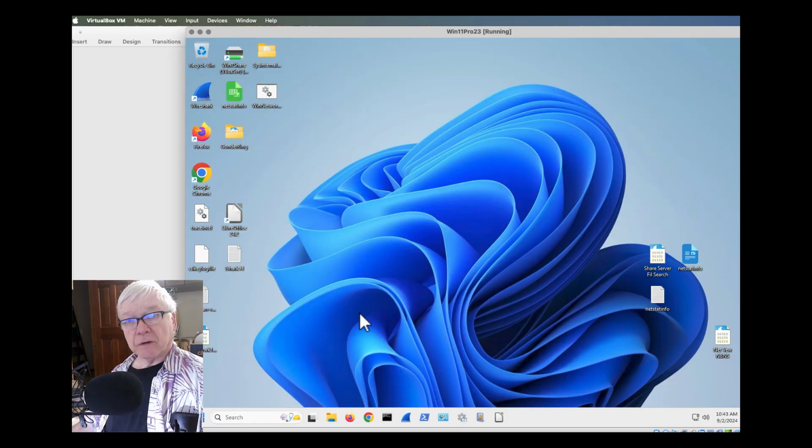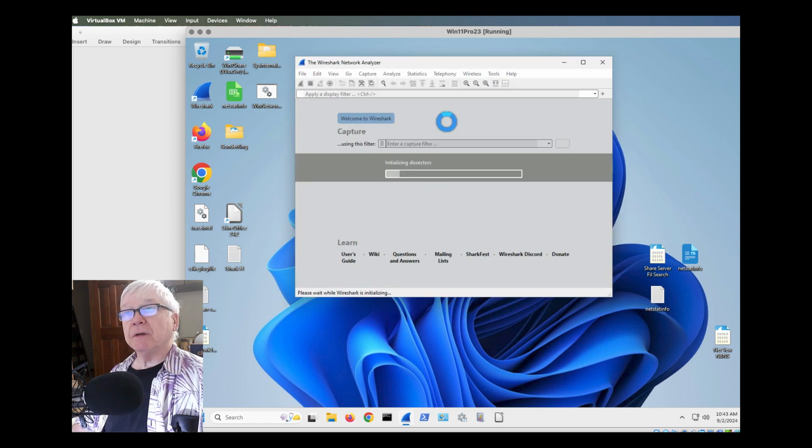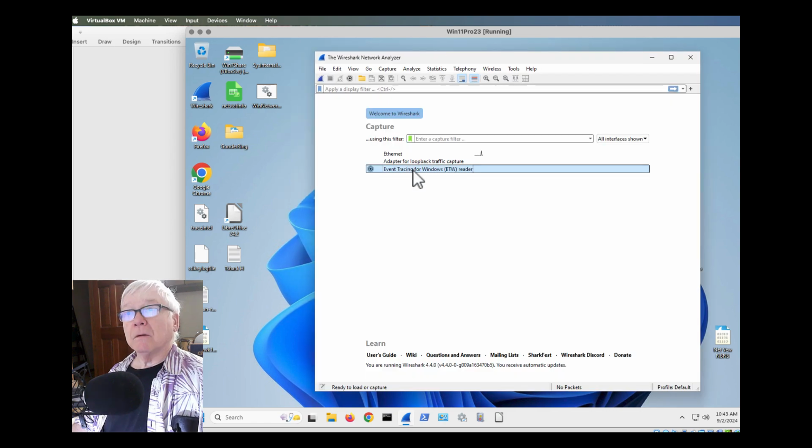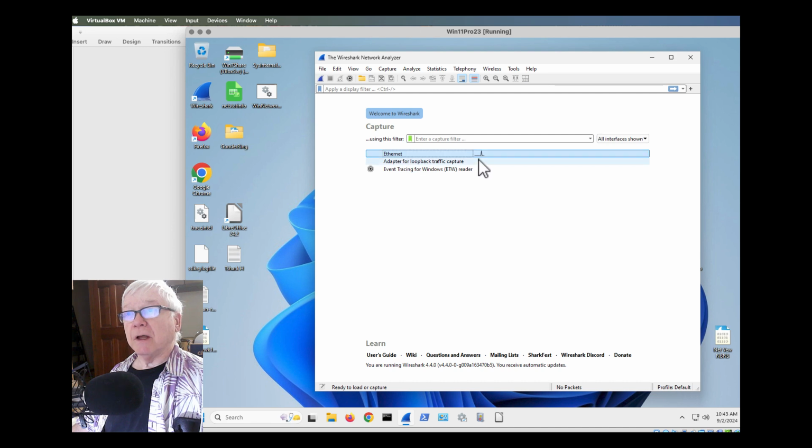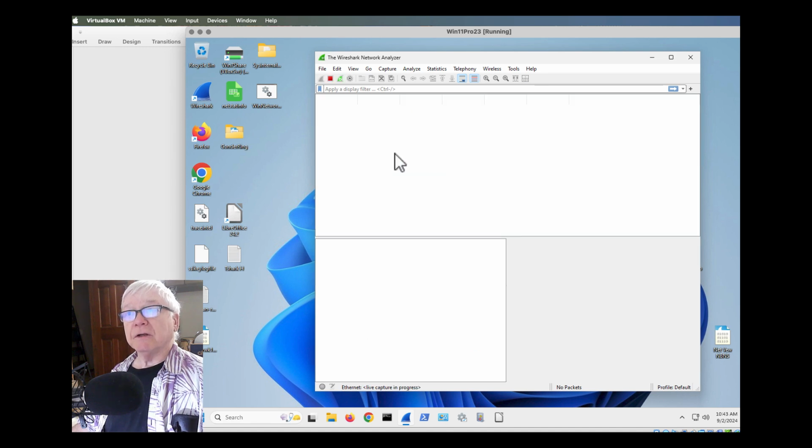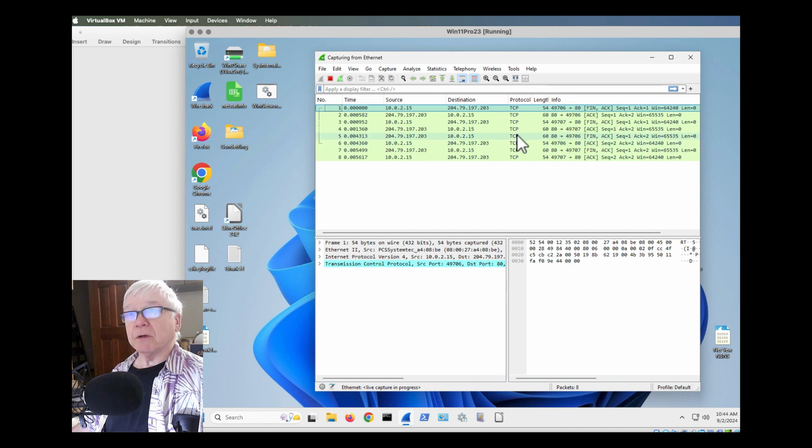Okay, so we've shut down, rebooted, and two things I'm going to do to check to see that Wireshark is going on here. I'm going to open it up here and see if I can see some packets. So here I'm seeing a spark line, which indicates that this is the logical or physical interface which is sending and receiving packets. And if I double click this, then I should start to capture packets, and I'll see some stuff. There we go. I've got some packets going on, and I can even generate some packets.